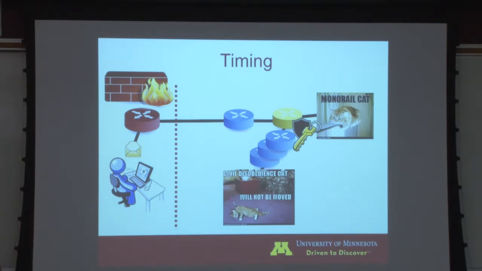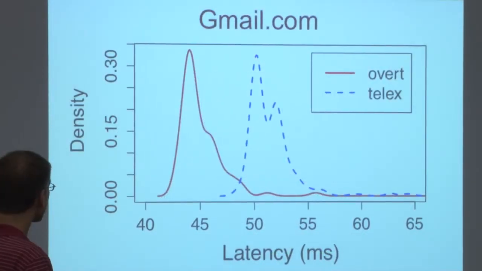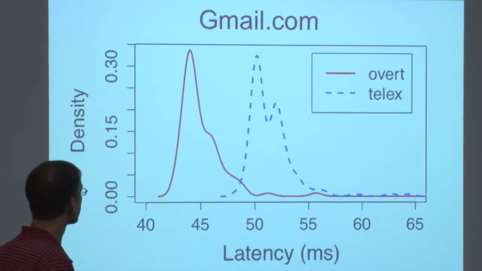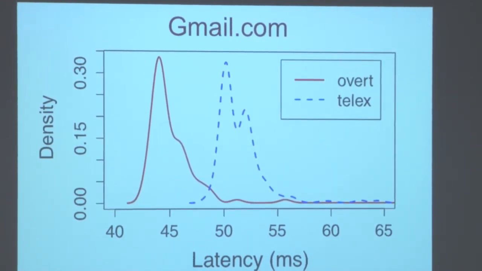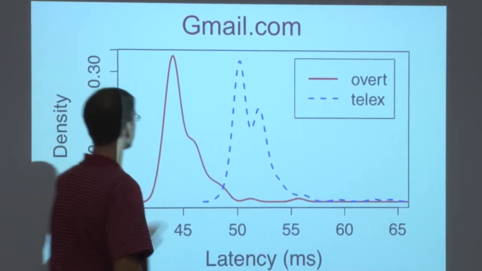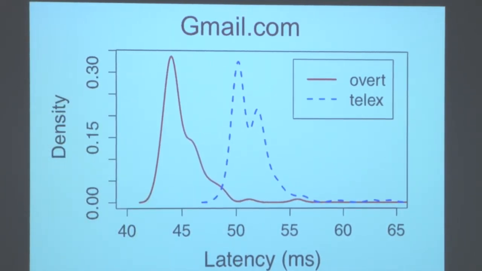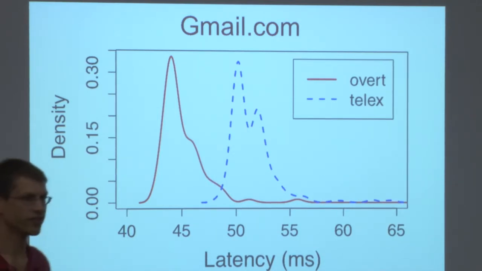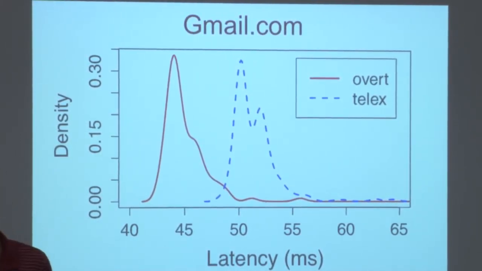An example of this: we picked on Telex because they're the only people who actually implemented it. So this is a histogram or a density function of latency on packets sent through the Telex router to Gmail, that's here. And this is the latency sent to the actual overt destination that you can access behind the Telex router. There are two of them, blocked and not blocked. Okay, and so you can see that these latency distributions are different, and so this would allow